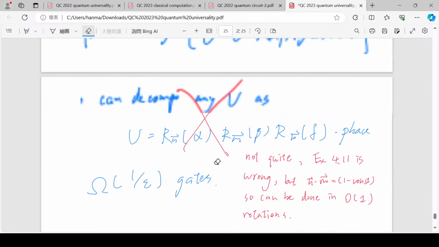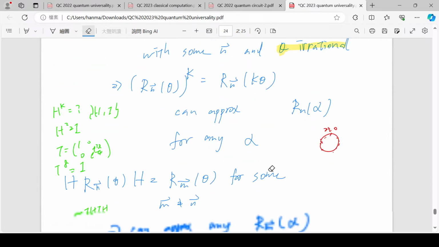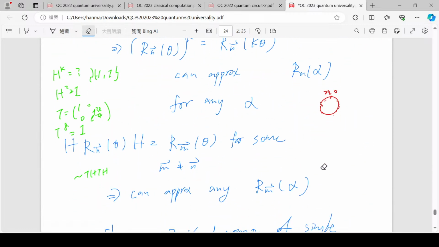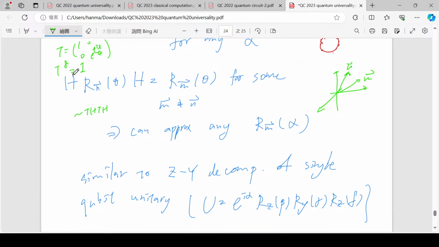Maybe let's draw here. I don't really know where they are, but just schematically, you have some axis n and some axis m, and you can do arbitrary rotation around them. And the claim is that